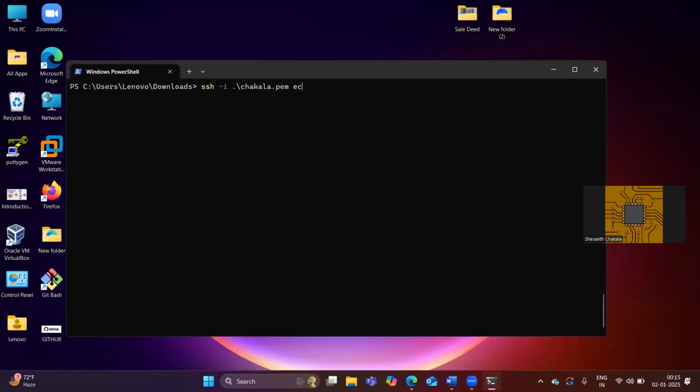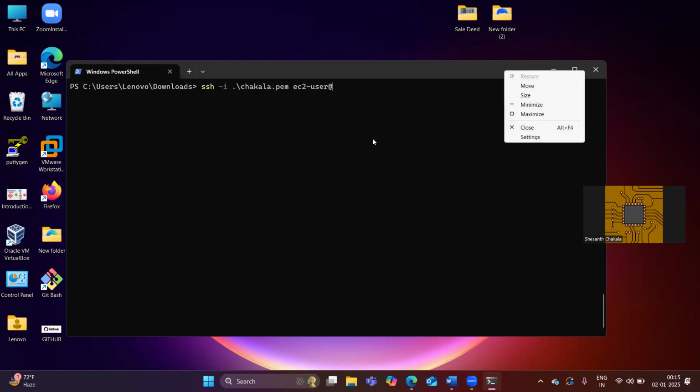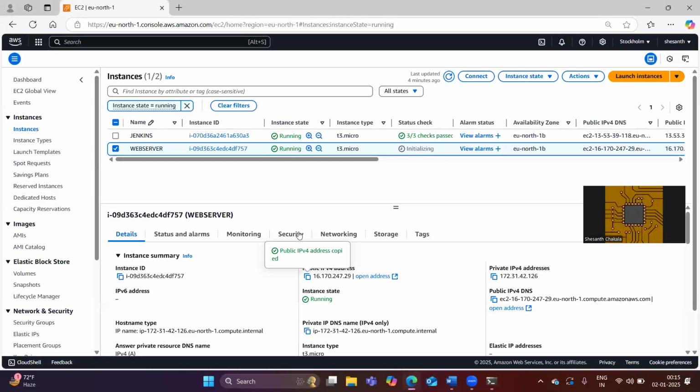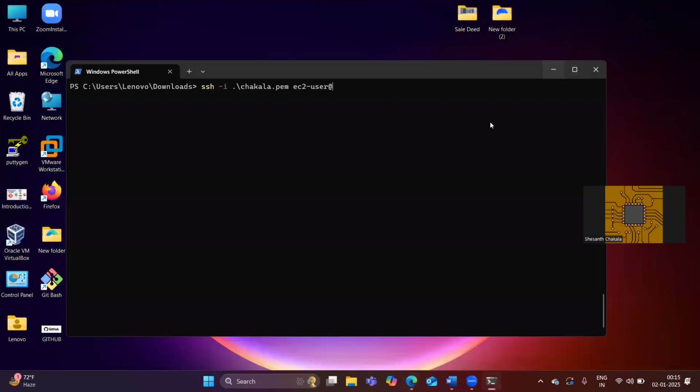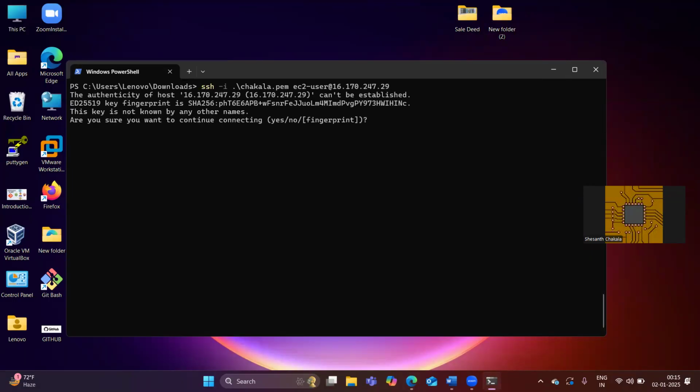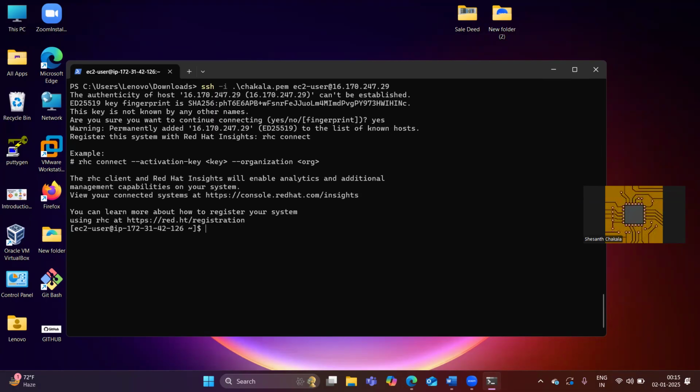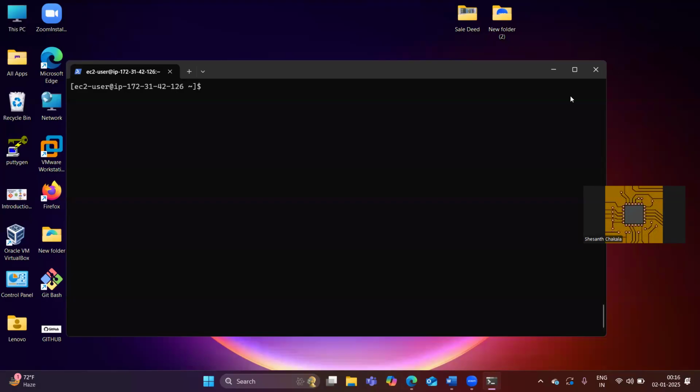And what is the username, guys? ec2-user@, and then the public IP, which I have copied already. Let's just see whether it is going to come or not. Otherwise, I am going to copy the public IP once again. See, I've copied it and then do, yeah, login. Yeah, I want to log in. Yes. See, guys, I have logged into my